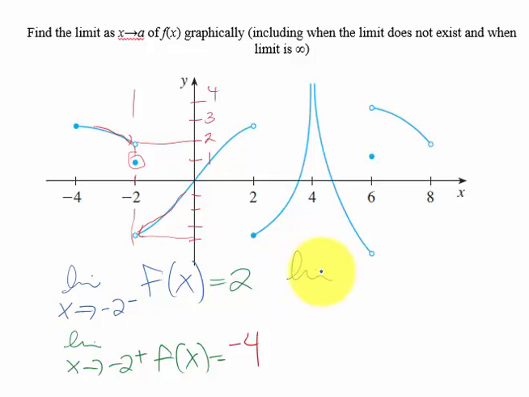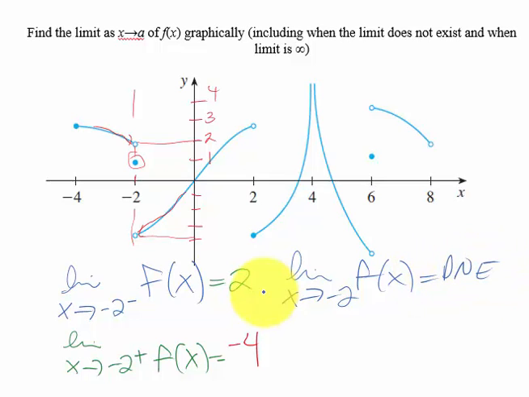If we were asked for the limit as x approaches -2 of the function, we would put does not exist because the left-hand limit did not match the right-hand limit. In looking at other places where the limit would not exist, it would not exist at 2 because the right-hand limit does not equal the left-hand limit. It would also not exist at 4, and the reason it wouldn't exist at 4, but we wouldn't write DNE,